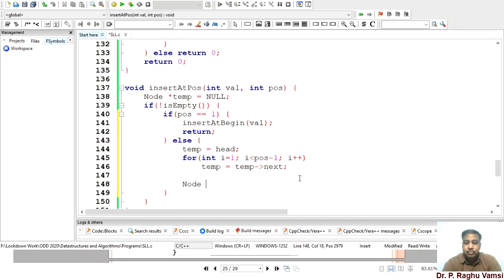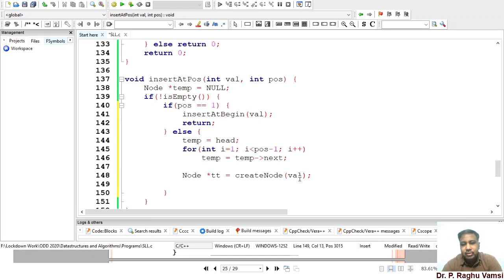Now I am going to create a temporary node. I am creating a node here by substituting the value. Now a newly created node is available with me. Now I need to insert this node here. Since we have moved till the previous node of position minus 1, I am storing node star temporary node TN is equal to temp next.